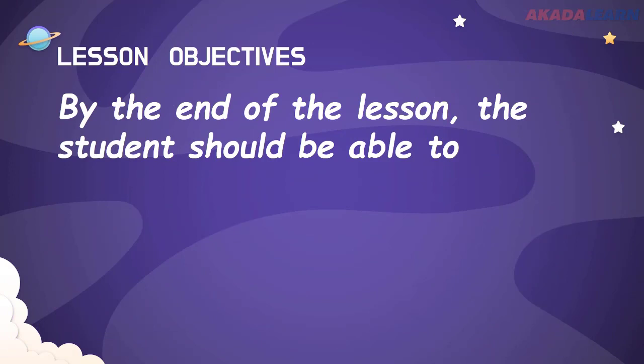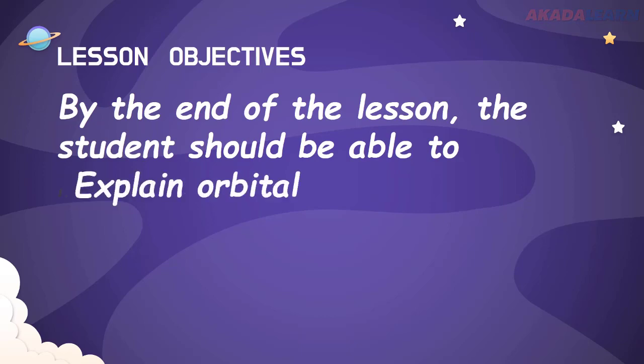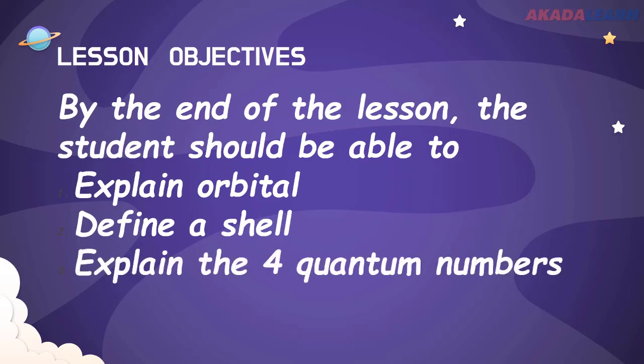Lesson objectives. By the end of the lesson, the student should be able to explain orbital, define a shell, explain the 4 quantum numbers,